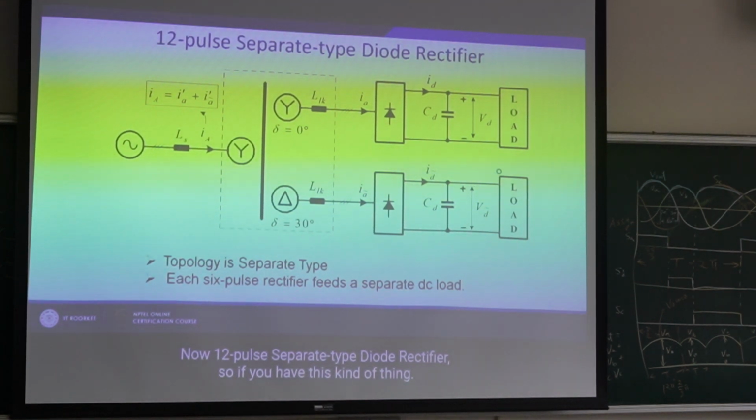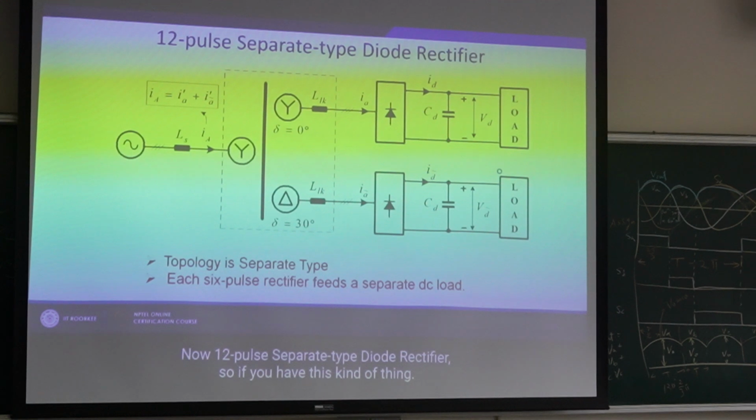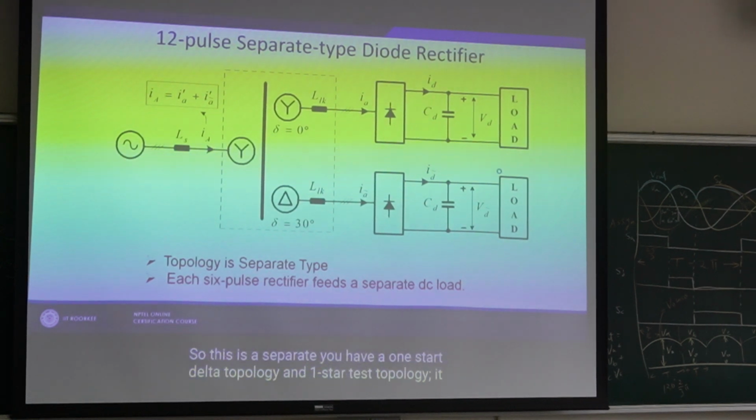Now, the dual pulse separate type. So this is 12 pulse, this kind of thing. So this is a separate. You have a one